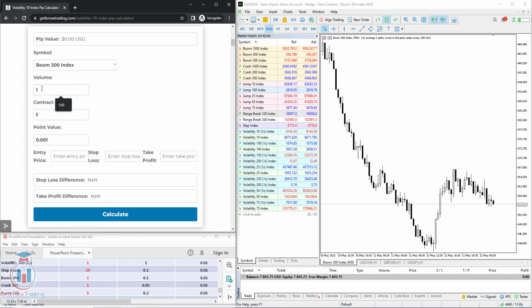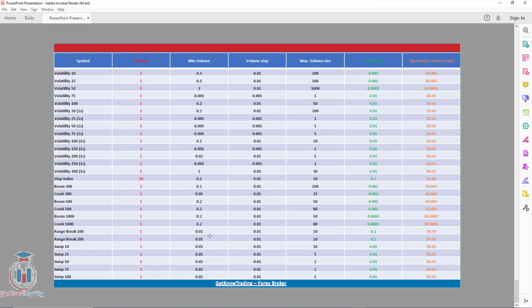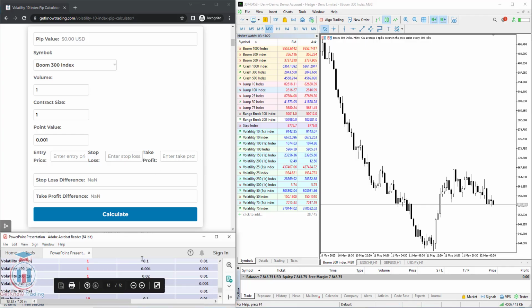Below that you have a volume, which is set to 1. 1 is one standard lot. You can also change this value, which is also defined by your broker. So you have a minimum and also a maximum available lot size, also the volume. In our case, for the Boom 300, we have 0.1 as a minimum volume and 100 as a maximum. Let's get back to the